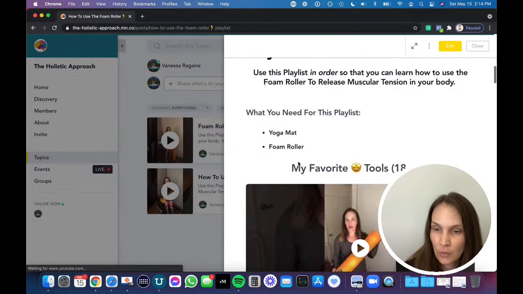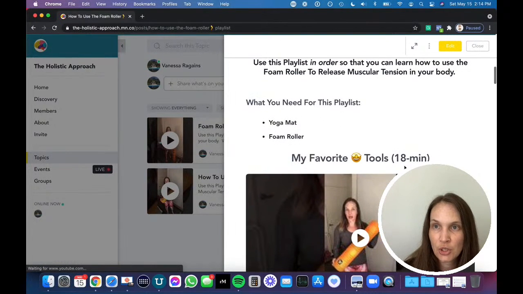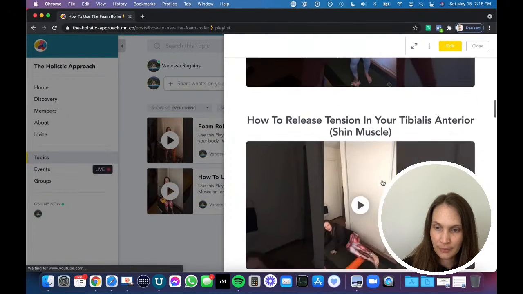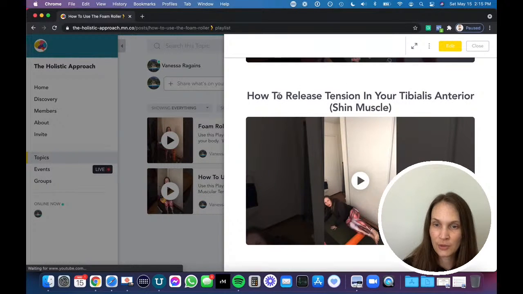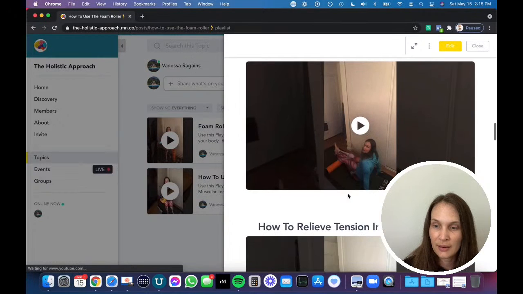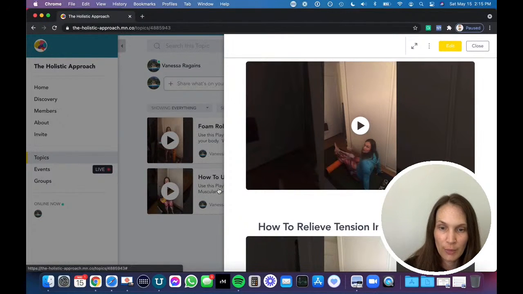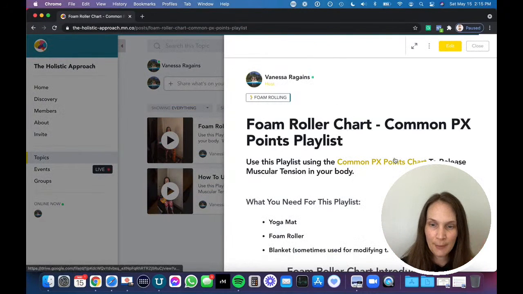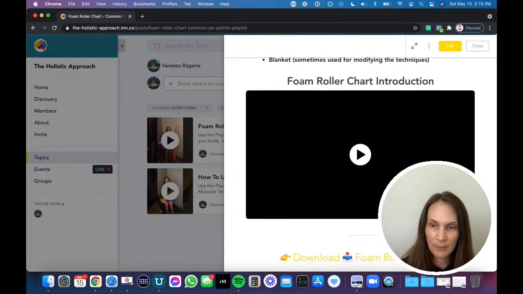So here we go. My favorite tools, and I put how much time it is so you know the commitment of each video. How to release tension. I guess I didn't put the times on those. And then so on. Here's how to release tension, and then how to release. Okay, so that's for the how to use the foam roller. But when I show you this, I was excited about this one. I separated it. So for the common pain points,